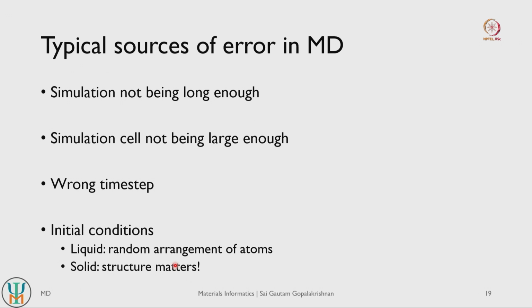So when you are trying to simulate dynamics in solids, the starting structure really matters, right, in what kind of trajectories and what kind of statistics you actually get. So always pay attention whenever you are trying to do molecular dynamics in a specific system. Always pay attention to what is the initial condition, right, with which you are going to initialize your system in molecular dynamics, because small changes in your initial conditions can also lead to large changes in your trajectories themselves.